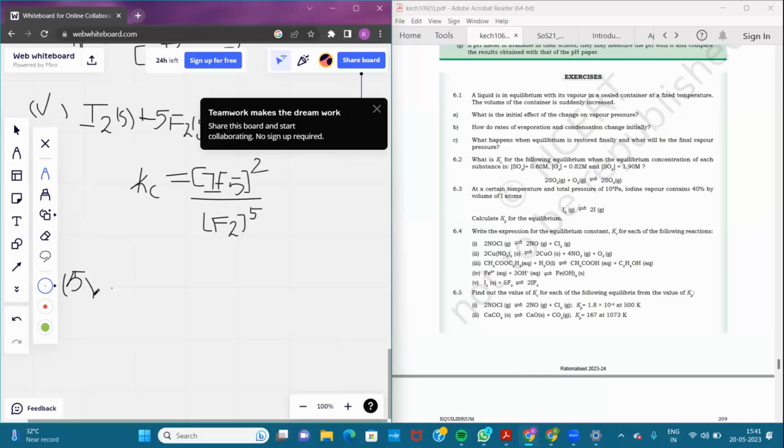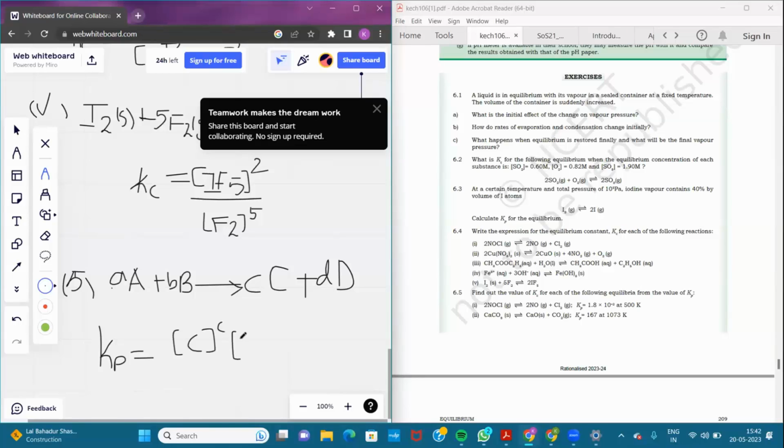Find out the value of Kc for each of the following equilibria from the value of Kp. First of all, we'll write a general reaction and derive the Kp and Kc relation, and we will use that general relation for the other reactions given. Let us take small a as the stoichiometric coefficient of reactant capital A, small b for capital B reactant, small c for capital C product, and small d for capital D product. Here Kp